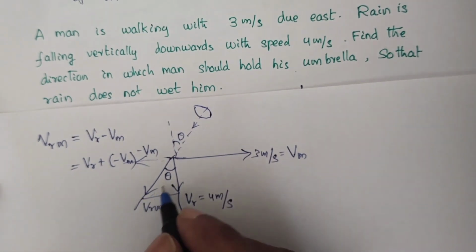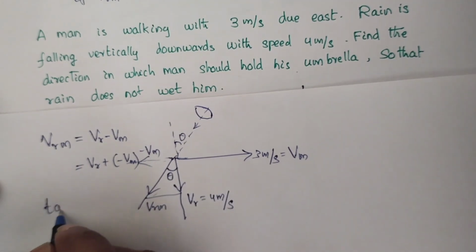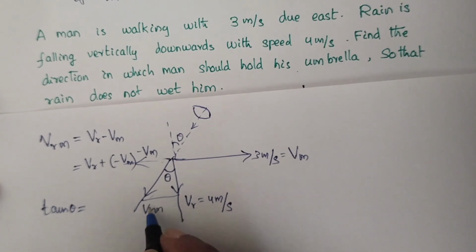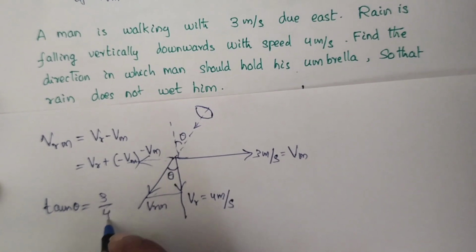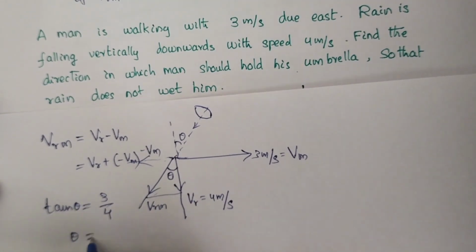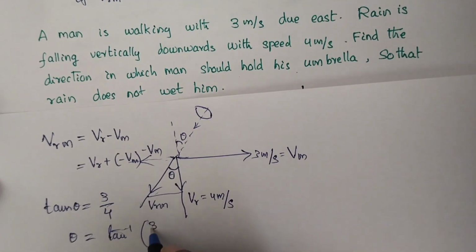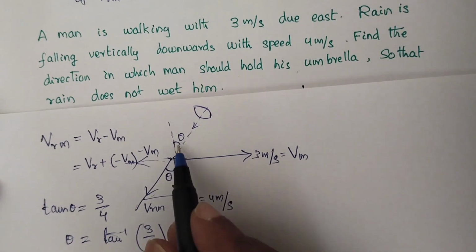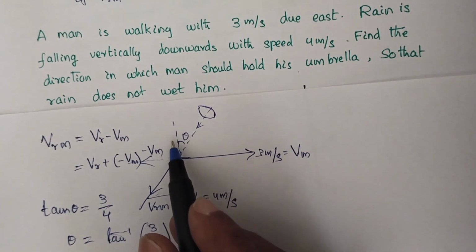Yes, opposite angles. Let us write tan theta is equal to opposite side Vm, which is equal to 3 by 4. That means theta is equal to tan inverse 3 by 4, that is equal to 37 degrees. So it must be an angle. Man should make an angle theta east of vertical,